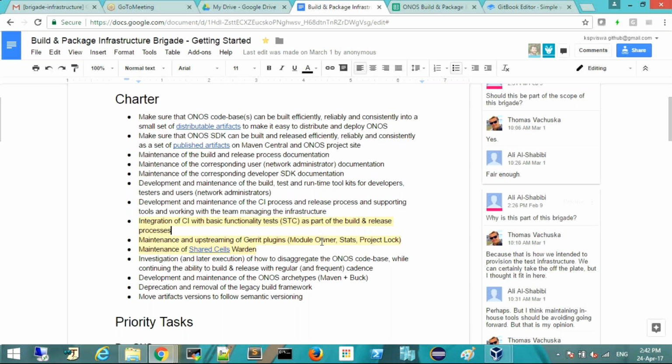That's a plugin that we wrote on top of Garrett. The stats plugin is just a plugin for clone stats and other Git and Garrett related statistics that stream to